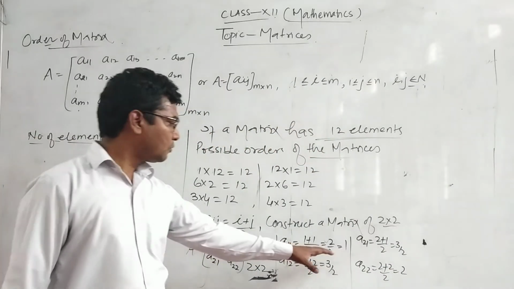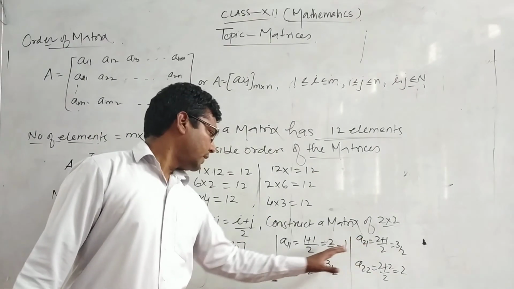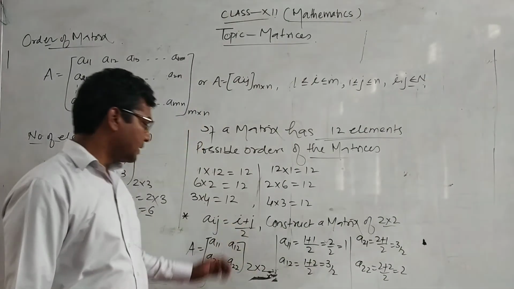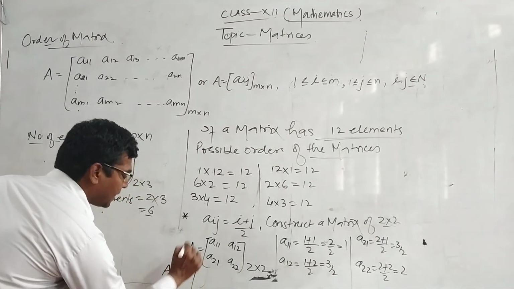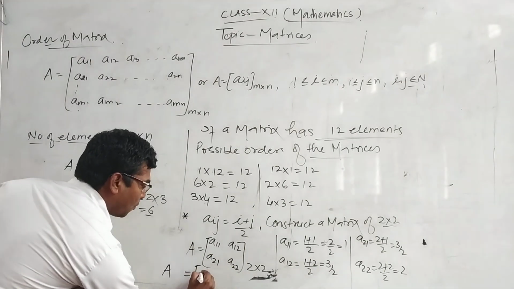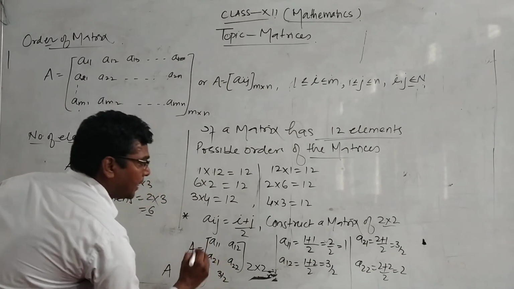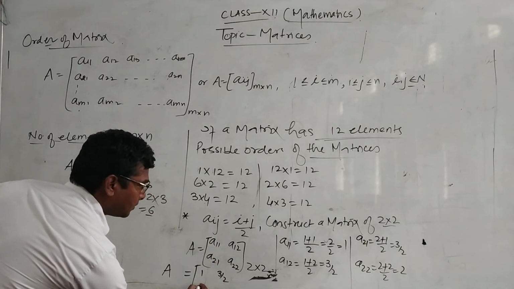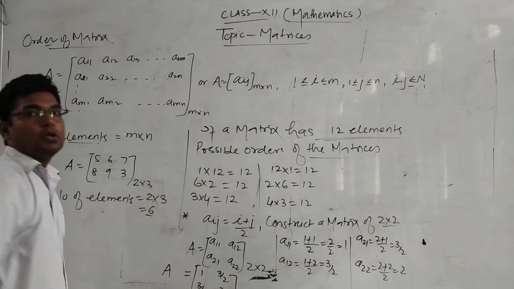Now you just have to write the values of A11, A21, A12 and A22 in their fixed positions. So our required matrix will be 1, and this is 3 by 2, and this is again 3 by 2, and this is 2. So you can write